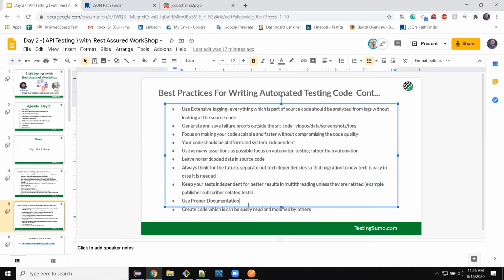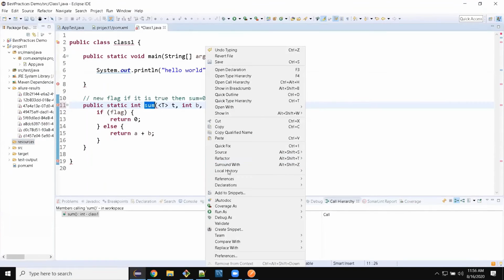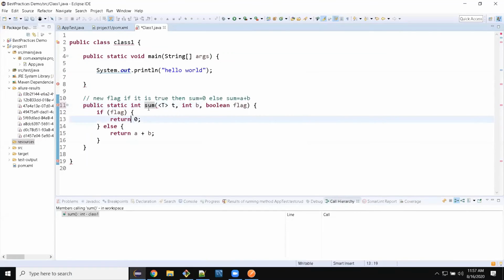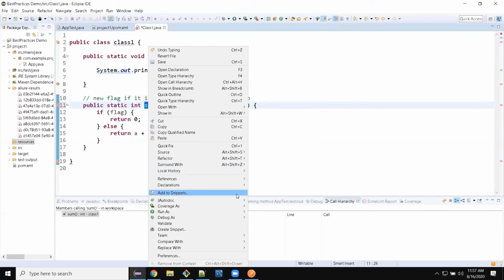Use proper documentation. I have a plugin for that, Java Autodoc, JAutodoc. You can also install it in Eclipse. I don't know if it is available for IDEA or not, but in Eclipse, this is a good plugin. So let's say I need to add documentation for it. I will click on this and add Javadoc.